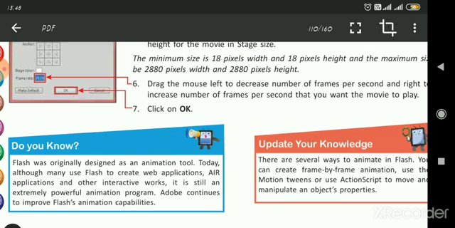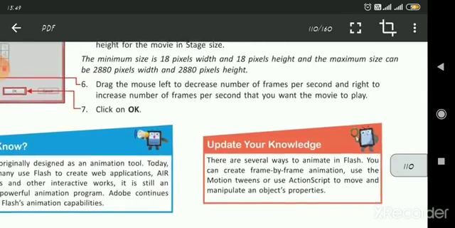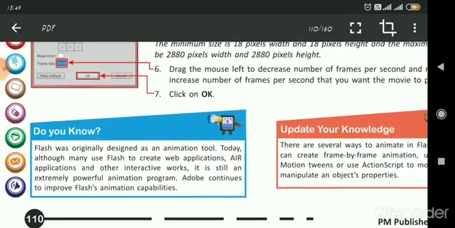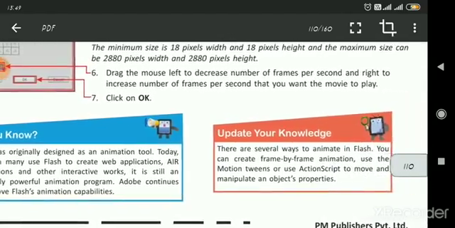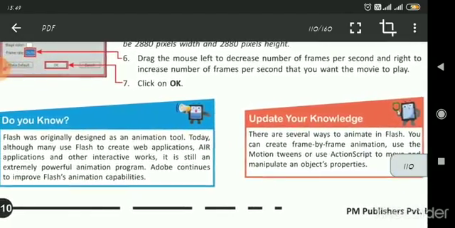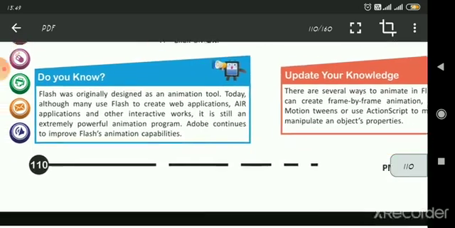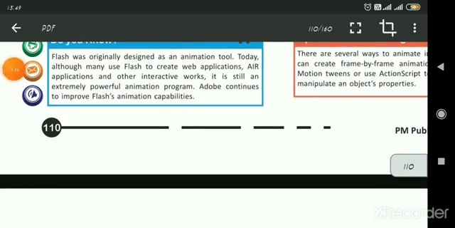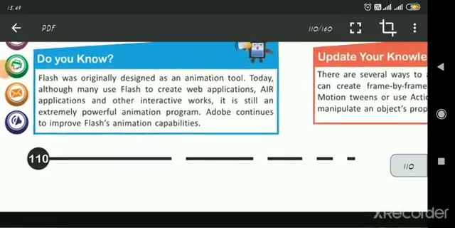Both are equal. So drag the mouse left to decrease the number of frames per second and right to increase the number of frames per second you want the movie to play, and click OK. I hope you all have got what I told you.